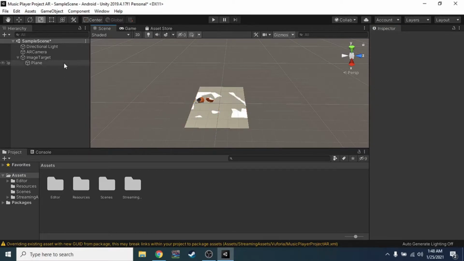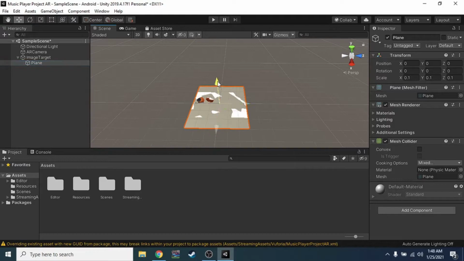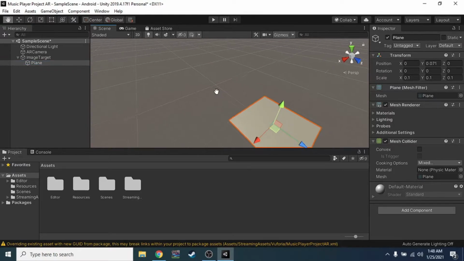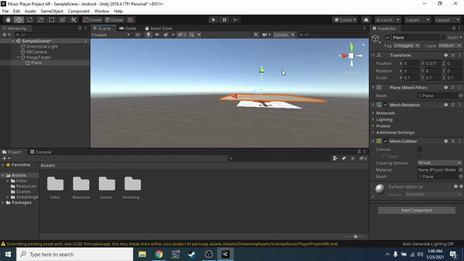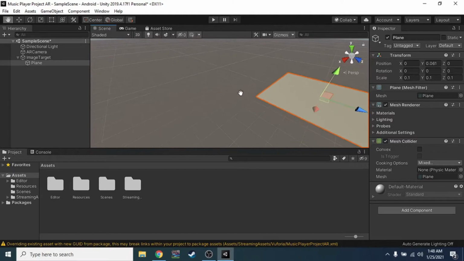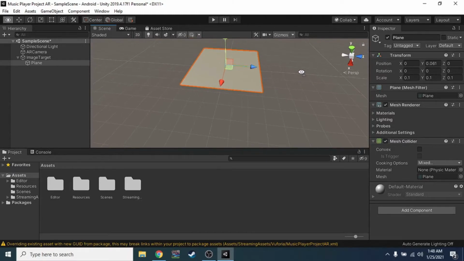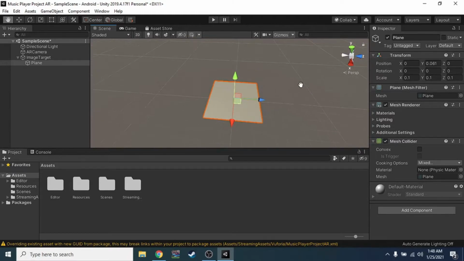Then you design the plane, how you want it to show later once we detect the image target. Okay, like me, I'm going to make it like a laptop figure at 45 degrees.